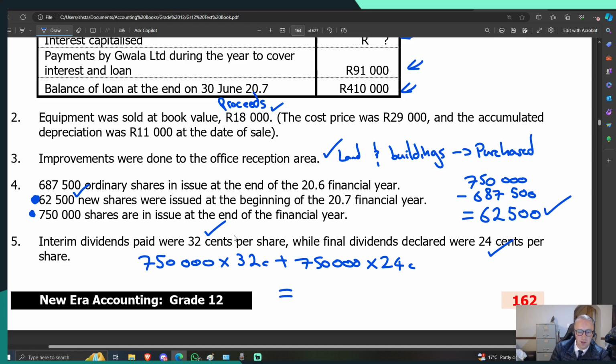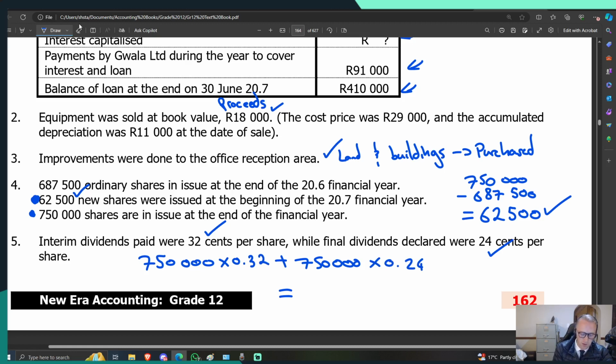Therefore, the amount of rands, so I guess it would be better to put them in not 32 cents, but 0.32 rands and 0.24 rands. Let's do that. 0.32 rands and 0.24 rands. And that should give us